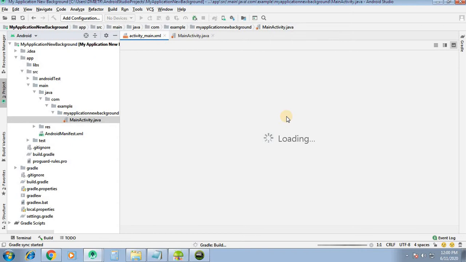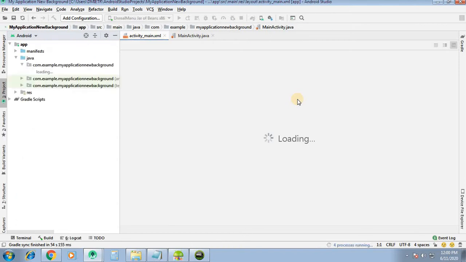So as usual, there will be a text view by default. We need to add 3 buttons and the on-click listener for those buttons. Very interesting thing is there. We want to change the background of the layout, so that's why we have to set the ID to the layout. In this case we have the constraint layout. We will set an ID to the constraint layout, and that ID will be useful in the MainActivity.java file to access the constraint layout. So simply the constraint layout object, CL for example, dot setBackgroundColor and the color which you want to set.